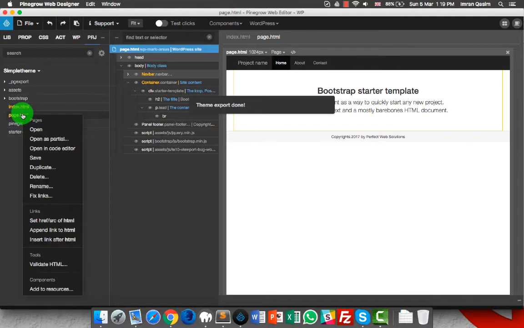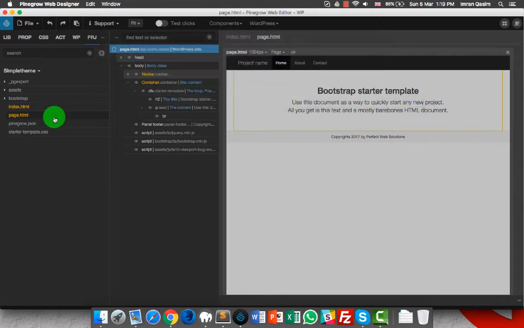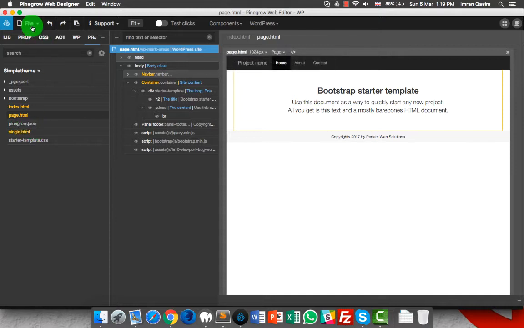Again, going into the project, right click on page.php and duplicate it to single.php. So page.php and single.php are almost identical, so there is nothing much that needs to be changed in those two files. The single.php file automatically will display a single post, and page.php will automatically display a single static page. So further I can duplicate this.